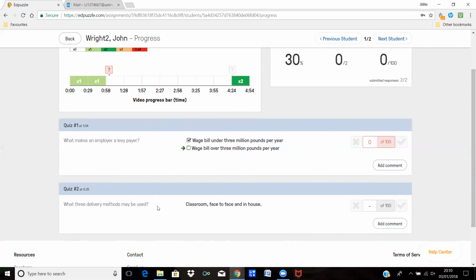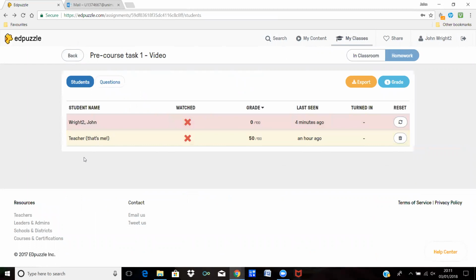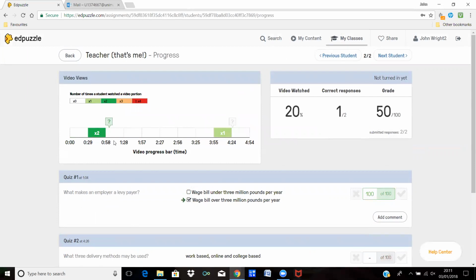And then here we can see the second question, which wasn't a multiple choice question, and the answer given by the student. So what I can do, I can add a comment and mark it wrong or right. In this case, we'll mark it wrong. And then, like I say, you can add a comment if you want to. So that's pretty good. You'll be able to see all the different students that had logged in. And you can click on them and see the progress, see how many times they've watched it, correct responses as a 1 out of 2,